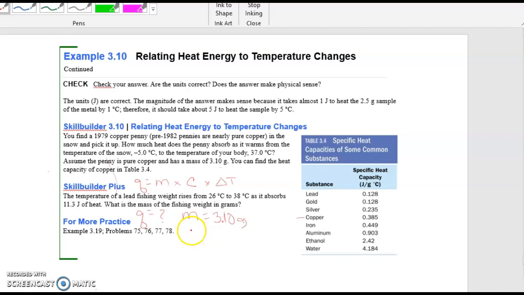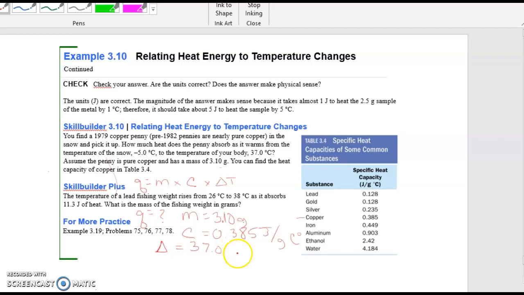We know our heat capacity is 0.385 joules per gram times degrees Celsius. And our delta T, our temperature change, is 37.0,